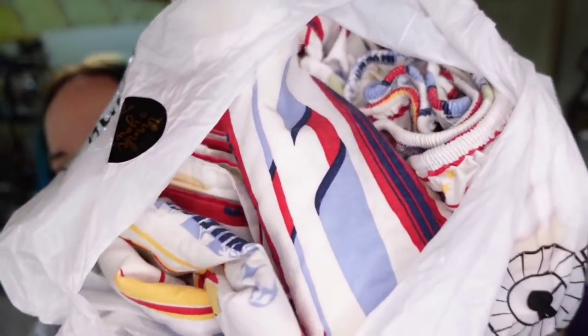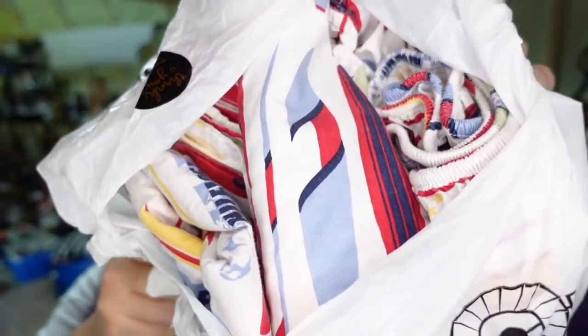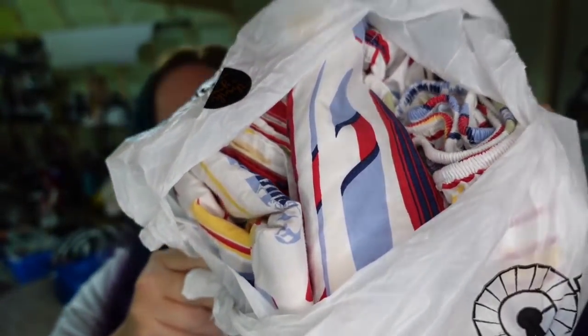Up next, and I'm gonna try and show you the pattern. It's just some surfboards there. These are actually some vintage Tommy Hilfiger Surf's Up sheets, and I sold 2 sets. So I got both of these sets while I was on a mini vacation for a July 4th party in Tallahassee, Florida. And I paid actually only $5 each, and the 2 sold for $20 each. So they sold for $40, plus the buyer paid $12 in shipping. So those are going to be about a